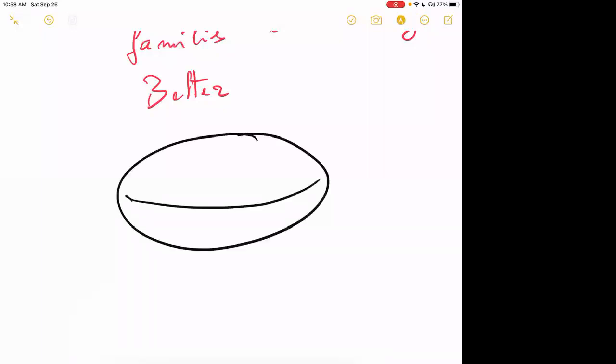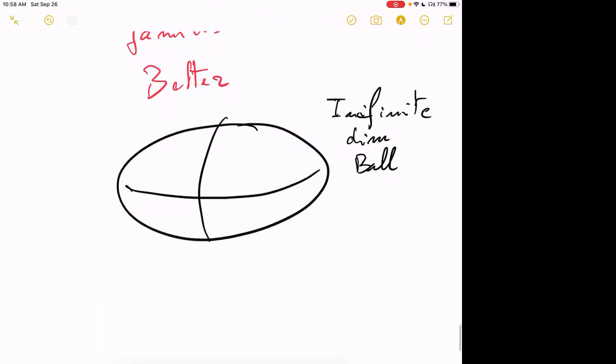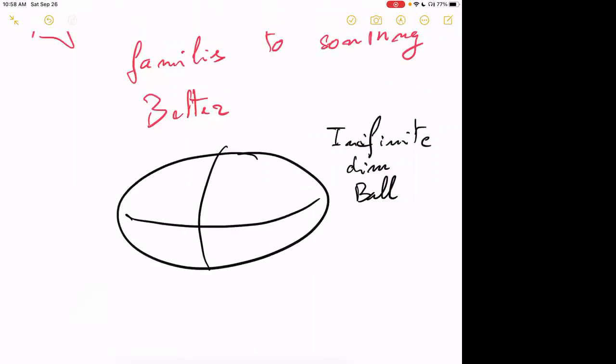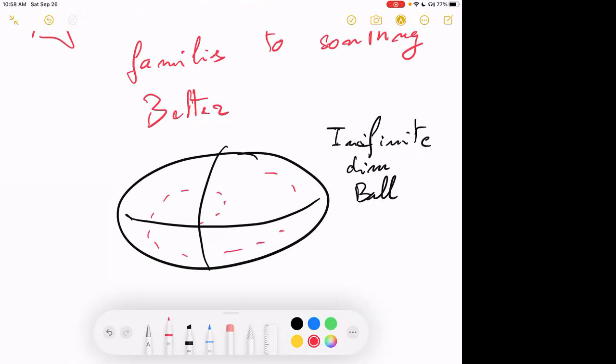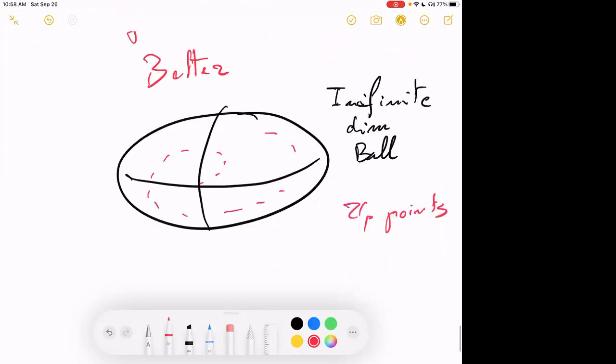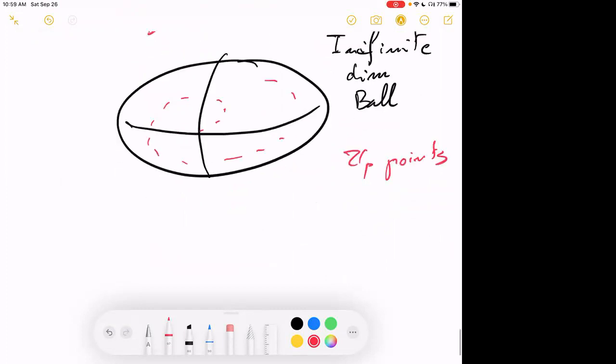I have my nice infinite dimensional ball, which is somehow the spectrum of lambda. Inside there, I have Z_p, which is a bunch of points that goes around like a spiral because they are Zariski dense. And somehow, when I have Hida theory, I have a nice function on this infinite dimensional ball. But when I do finite slope, I only have functions on this sort of, well, it's not discrete, it's Zariski dense, but it's just kind of a small spiral. And so the question is,